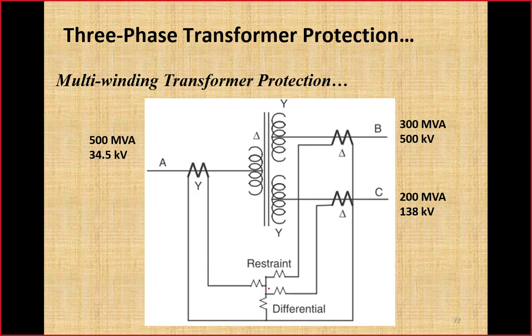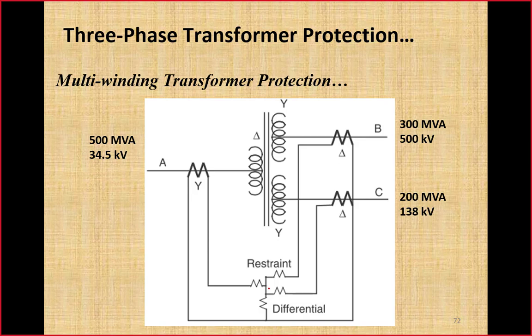Now the first procedure will be to calculate the line currents. Once we have the line current, we select the CT ratios where CTs are connected in Y. Then we calculate the CT secondary current. Then we divide that current by root 3 to find the CT secondary current on the side where CT secondaries are in delta, and that current will be used to find the ratio.